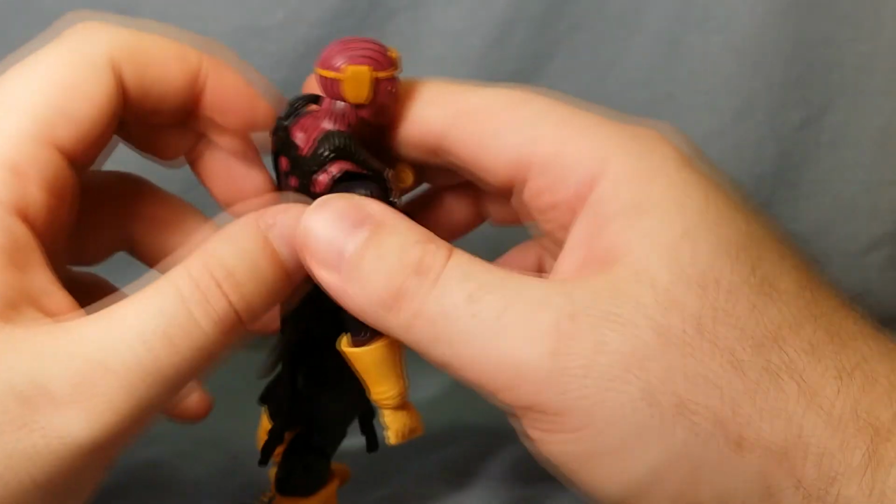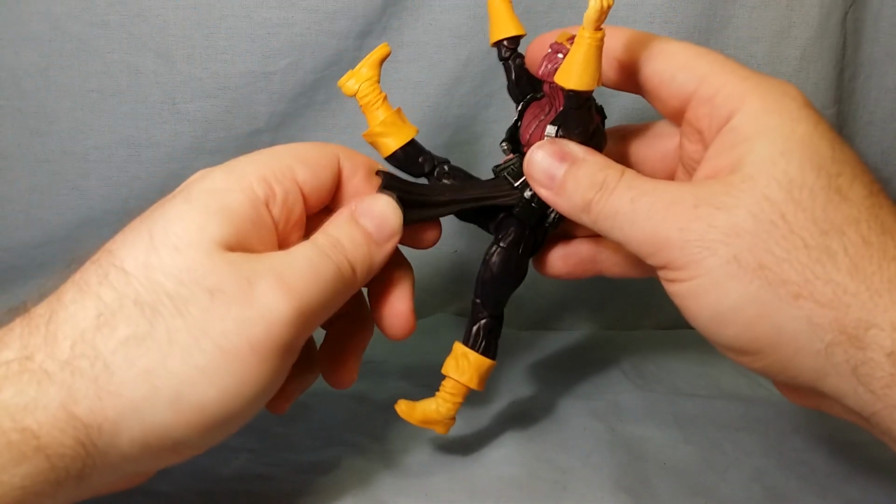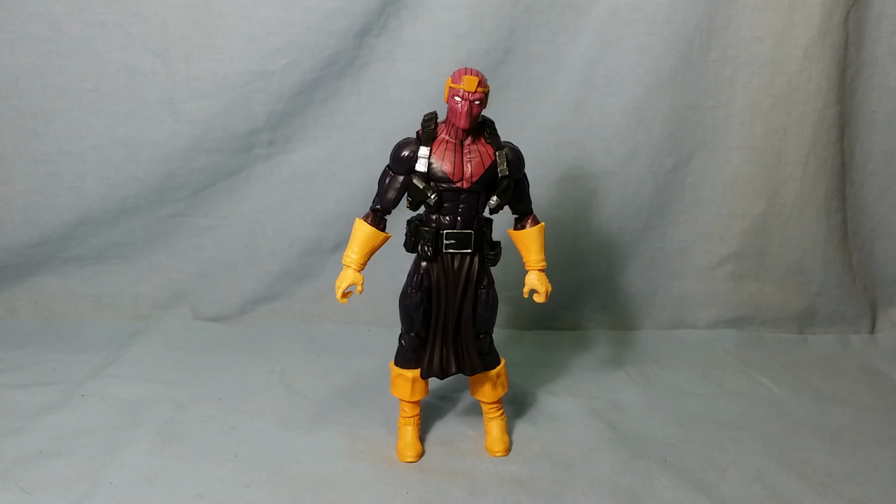So maybe what I just thought of on the fly, putting it up there. This skirt. If you've seen any Bucky Cap or